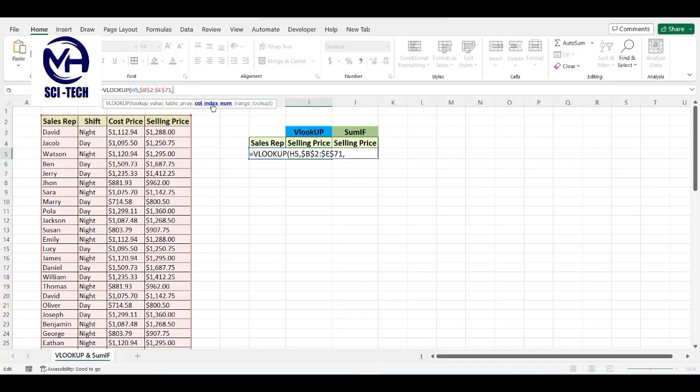Then it will ask you the column in which your selling price is, or the column you want to search. So here it is the fourth column, like 1 2 3 4, the fourth is the selling price. And then the last thing, it will ask you whether you want an approximate match or an exact match. I need an exact match, so for the exact match you have to write 0 here and close the bracket, hit